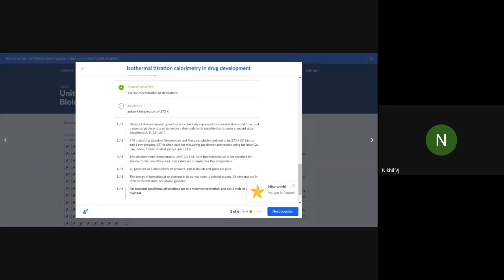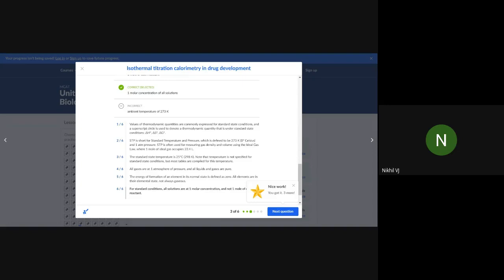So we have STP, which is used for gas laws. And that's just looking at the temperature we have as 273 K and the 1 atmosphere as pressure that we use for the calculation of any gas moles or any gas temperature or pressure. We also have standard state calculations, which are generally used for biology, where we have the 298 K or 25 Celsius, and we have the 1 molar concentration of any